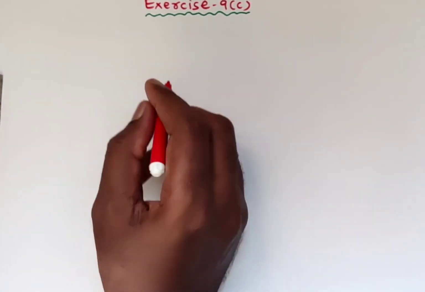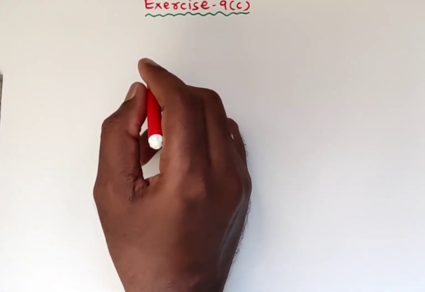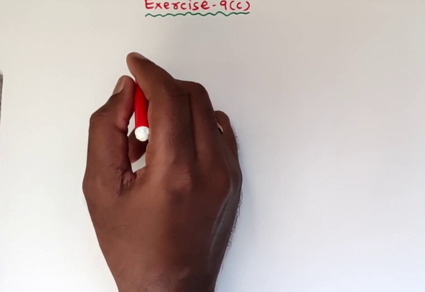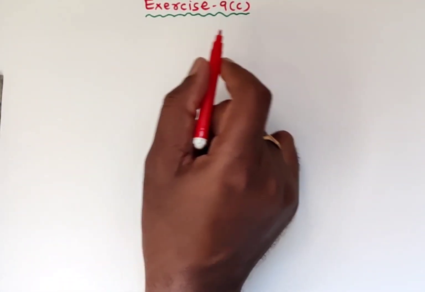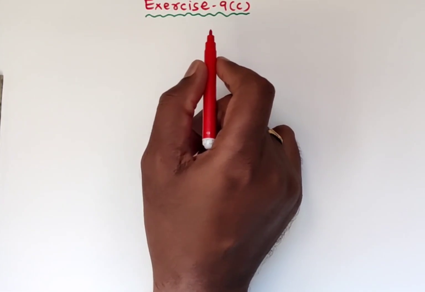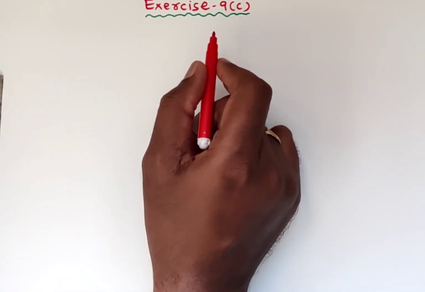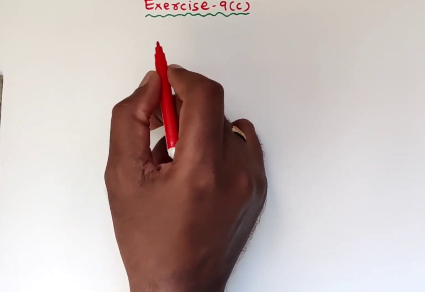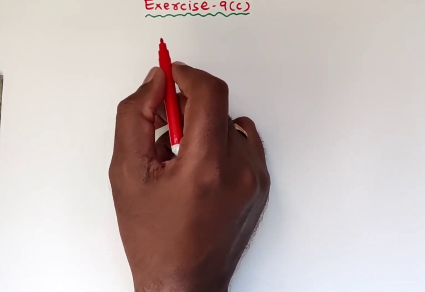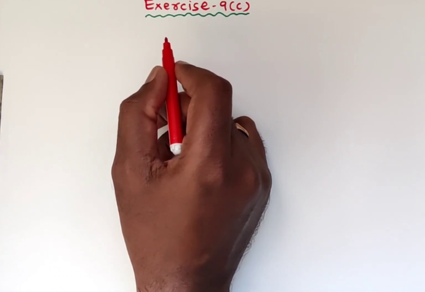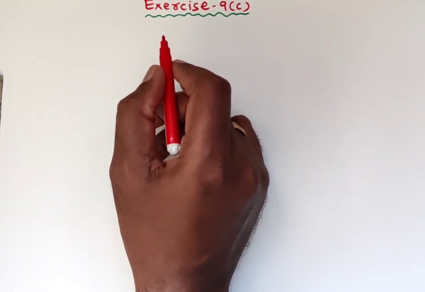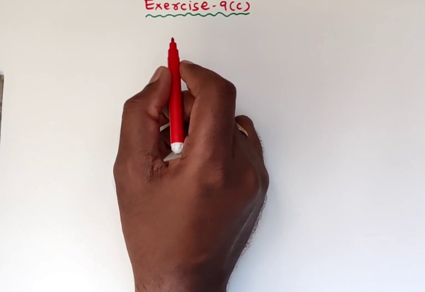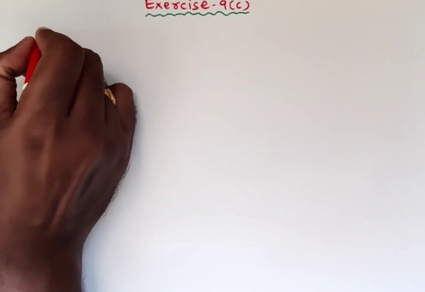Dear students, in this lecture we are going to solve some problems from exercise 9C. These are the leftover problems from exercise 9C related to methods of differentiation. As we know, there are four types of methods to find the derivatives of the given functions. Now, from the first Roman,